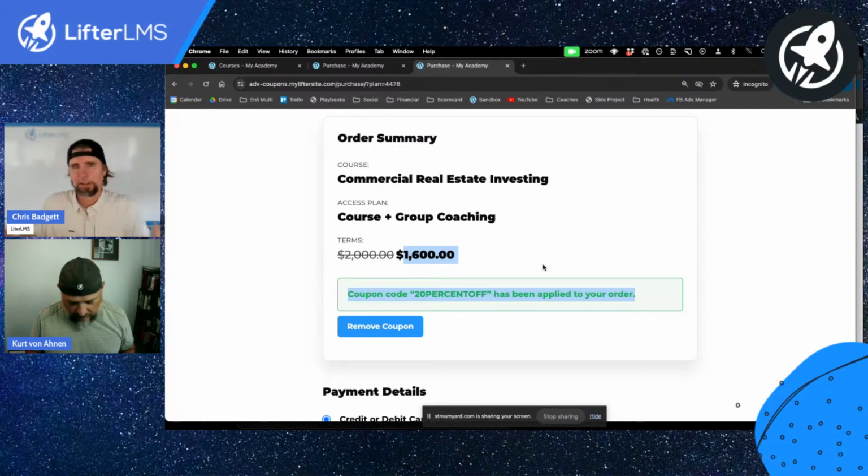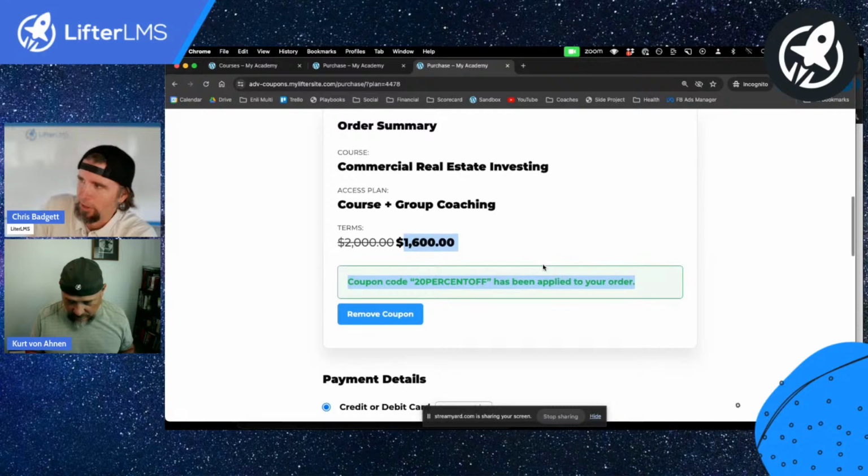So we've removed a ton of friction, allowing you to do coupon URLs to get people direct to checkout with a coupon and a sale instantly applied. So that is,